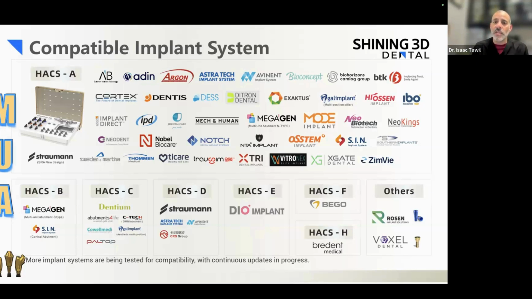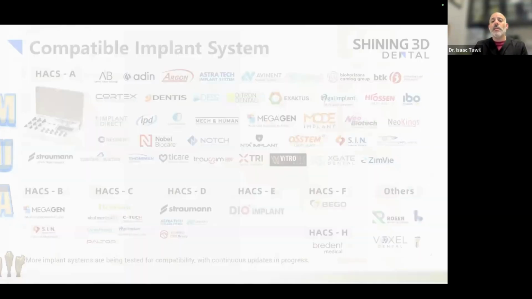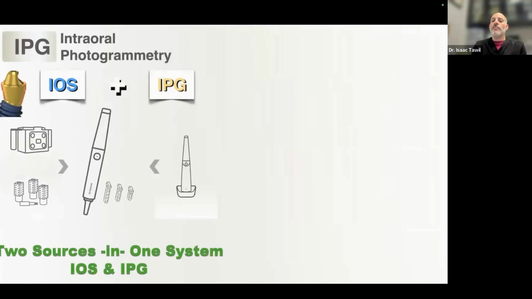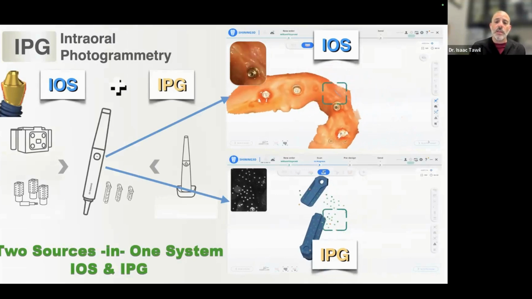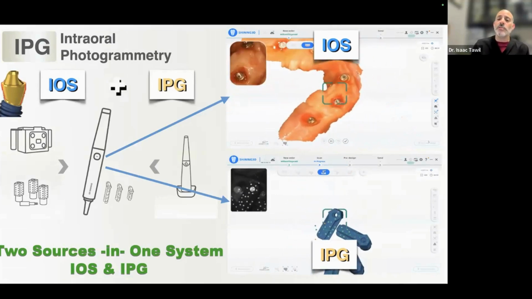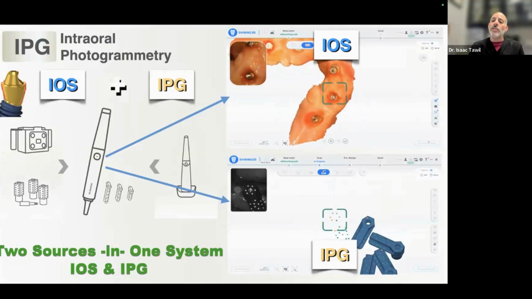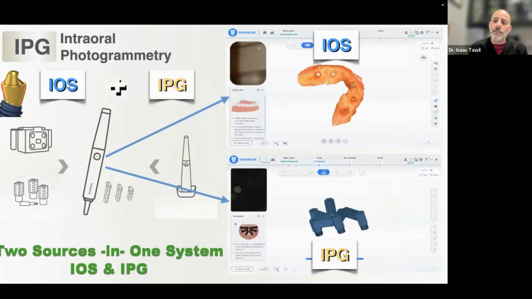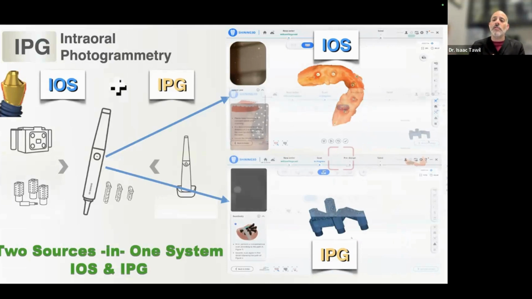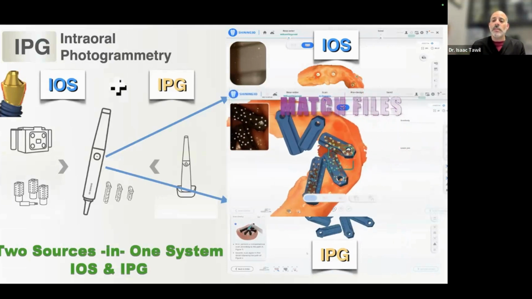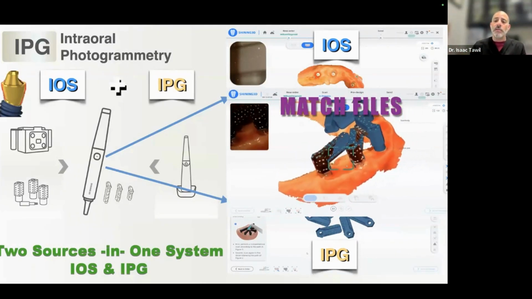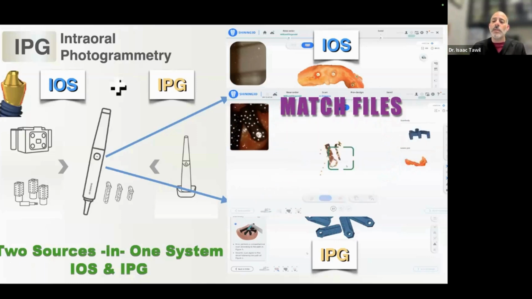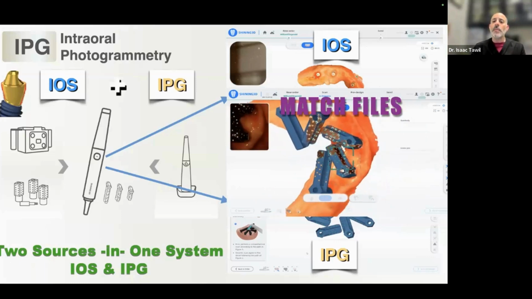We have a whole library of scan bodies that we can choose from. So basically, we've taken one device and we've given it two functions. We have the intraoral scanning function, in which we do not want any scan bodies. We just want to scan tissue. And then we have the photogrammetry portion where we're scanning the multi-unit position. But the beauty, what we can do that no one else can do, is we can match these two structures together in the mouth. Because we were using the same device, we can scan, capture, and do the alignment already completed for you, so that this does not have to be done in a third-party software.